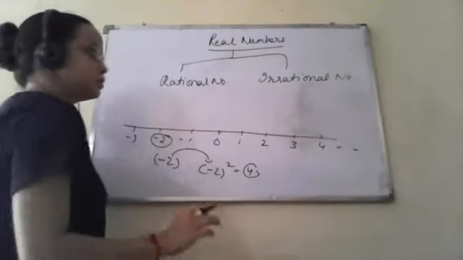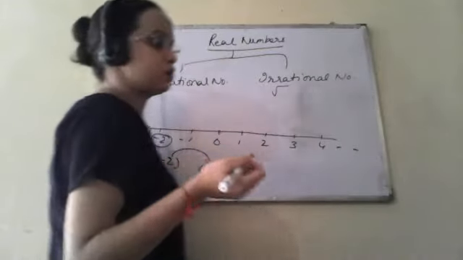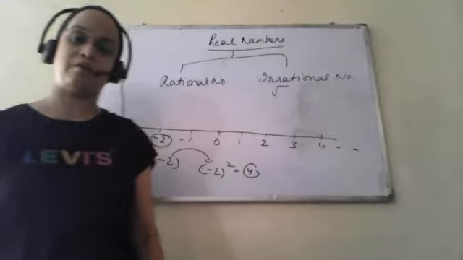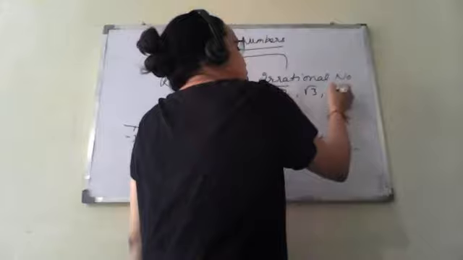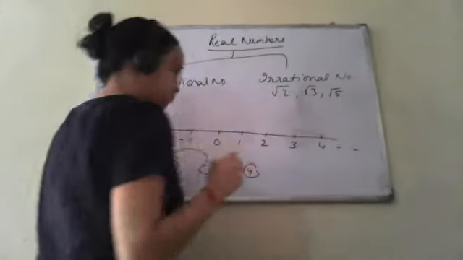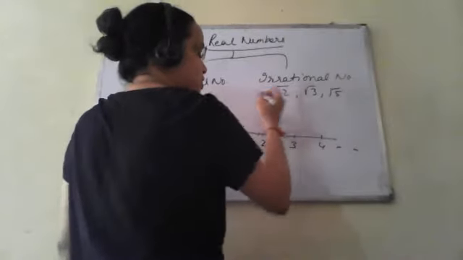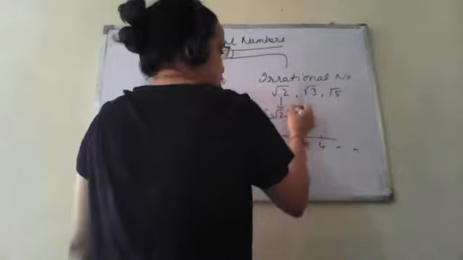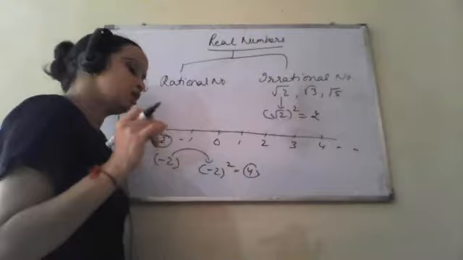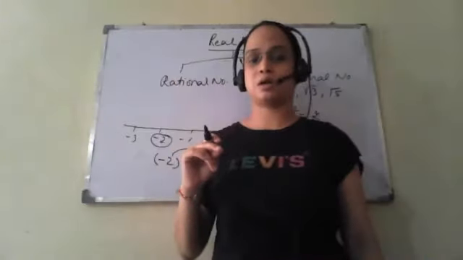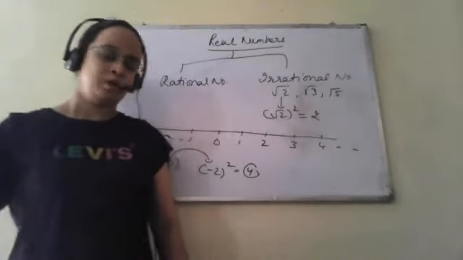Even, suppose in the last video we have seen that all the numbers which are not perfect squares, like √2, √3, √5 and so on, were termed irrational numbers. Even when we take the square of these numbers, that is the square of √2, it comes out to be a positive value or a non-negative number. So real numbers are those numbers whose squares are non-negative, and they consist of rational as well as irrational numbers.